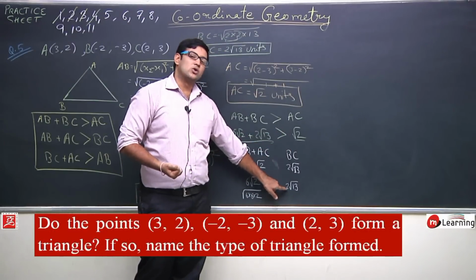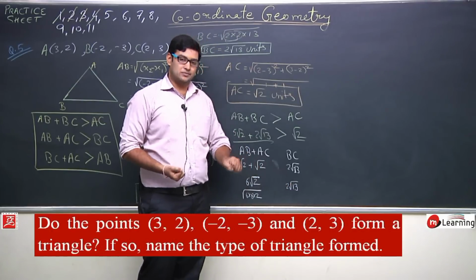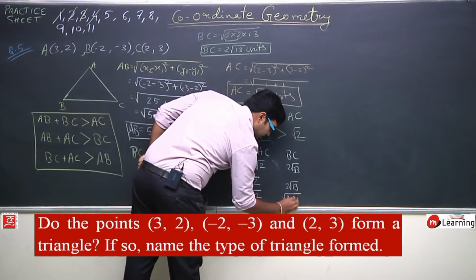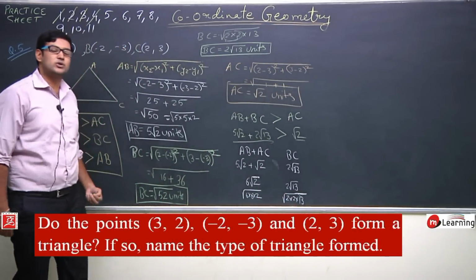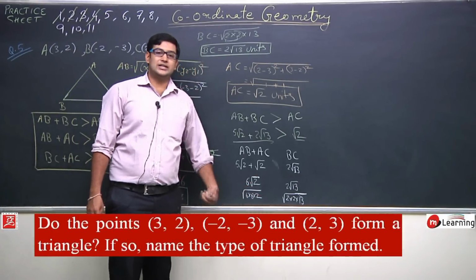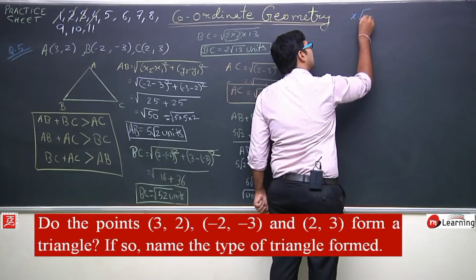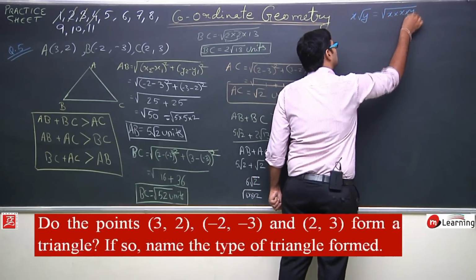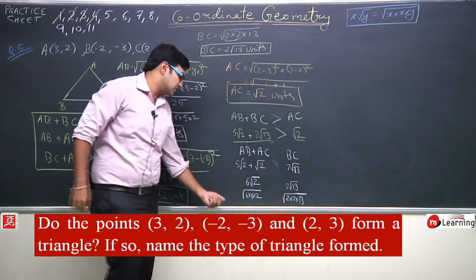Similarly here, when I shift this 2 inside the square root, then I will have to square it. So this expression can be written as square root of 2 into 2 into 13. I can write it like this, 2 into 2 into 13, and this 6√2 I can write as root of 6 into 6 into 2. How? There is a simple relation that x root y can be written as square root of x into x into y. This is the relation that I have used to simplify this.